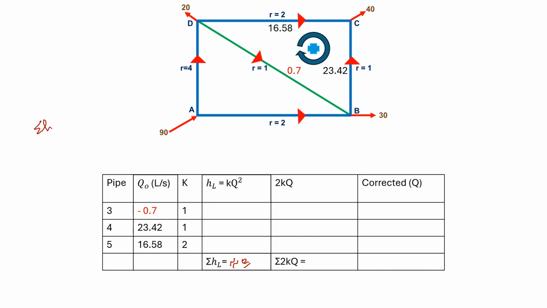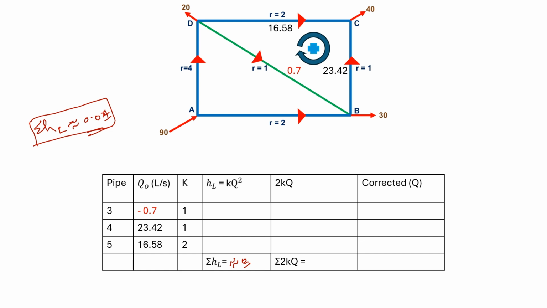It means that you can sum up the HL to approximately 0.02, 0.01, or this way. If we get an answer of 0.01 or 0.02 for delta HL, it means that our system is okay and